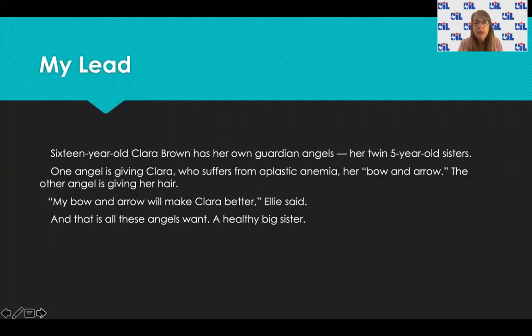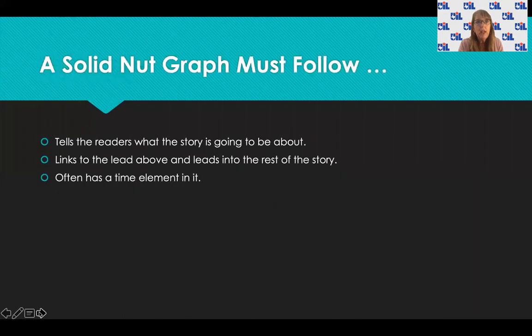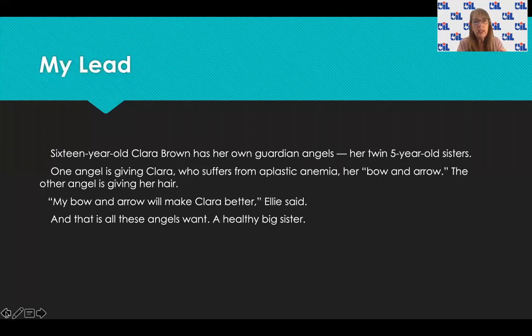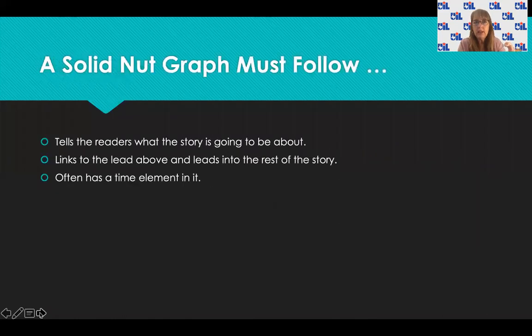And so after we craft that really powerful lead, we've got to have a solid nut graph that follows. In the nut graph, remember, it's just really the 5 W's and the H of the story. It's like the thesis sentence of the story. It tells the reader what the rest of the story is going to be about. We kind of get a good idea here, but we really need to know the details. And often for our UIL feature writing prompts, our nut graph has a time element in it. Now, sometimes you can't get the time element in the nut graph, but you want to make sure that time element is in the story. So the nut graph I wrote for this story,